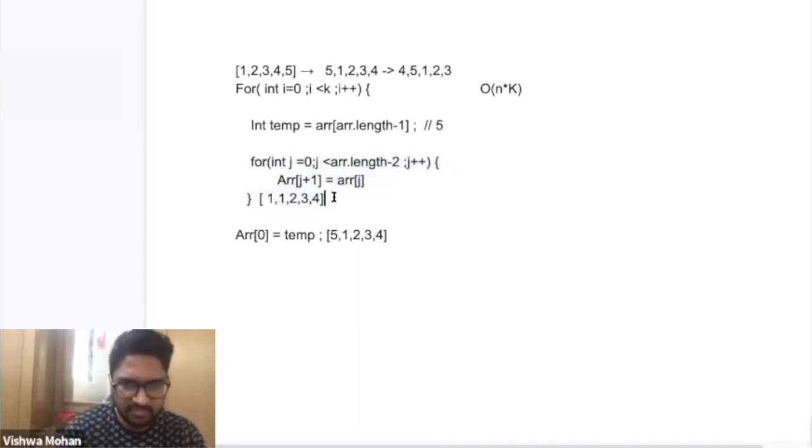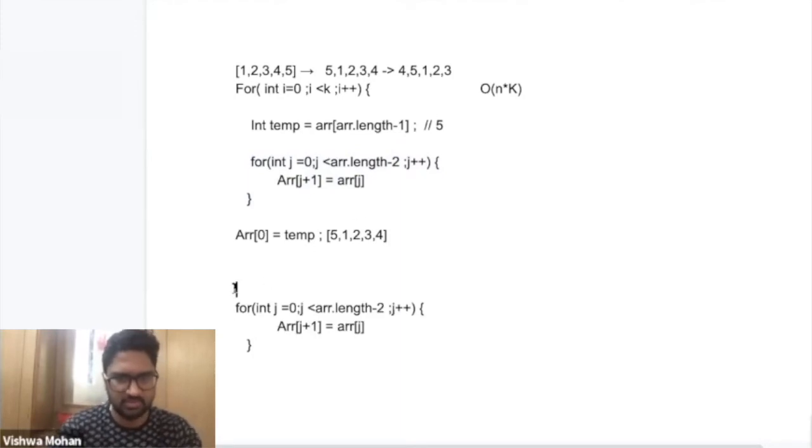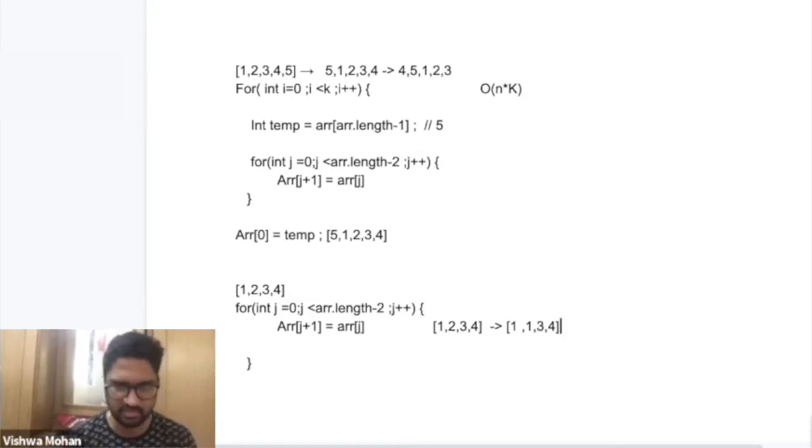What I have written here, what wrong will happen is, if I write a code like this, suppose it is, just abstract it out. And suppose the array is 1, 2, 3, 4. Suppose a simple example of this one. If I do array of j is equal to array of j, first time when it happened, right? So this will convert this array into a new array. Basically, the first position will get replaced by the second position. So it will come as 1, and then 1, right? Then 3, and then comma 4. Right? This is converted into this one.